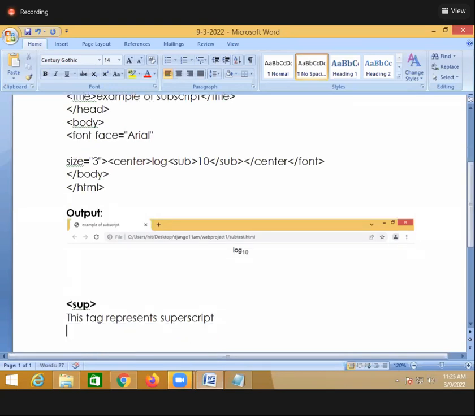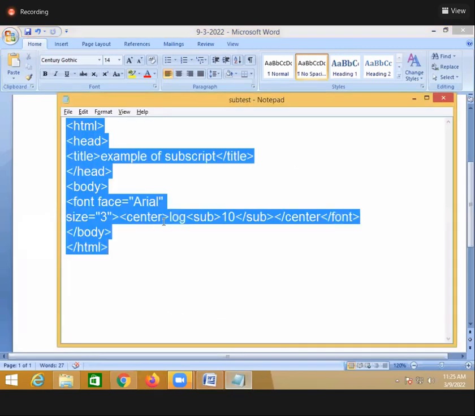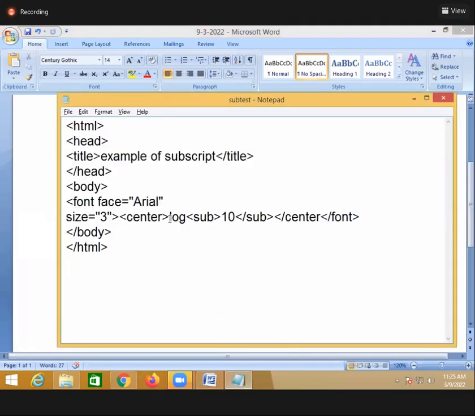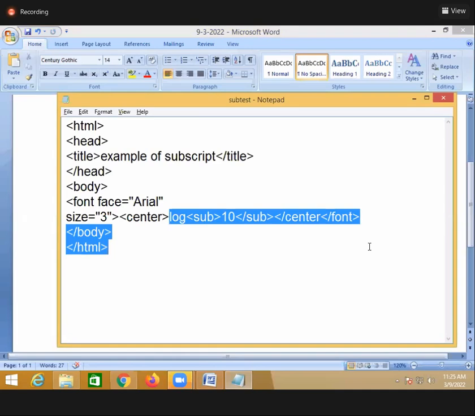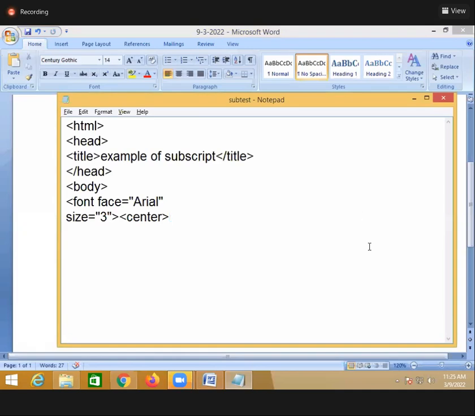Superscript means like square. Subscript is a base. Superscript is square, right? So if you want to define the superscript, you use a tag called sup. Okay. So what I can do is, same font, but this time I want to write, for example, a plus b,